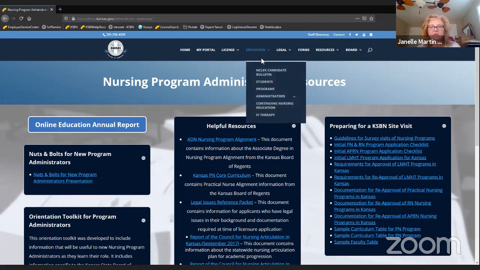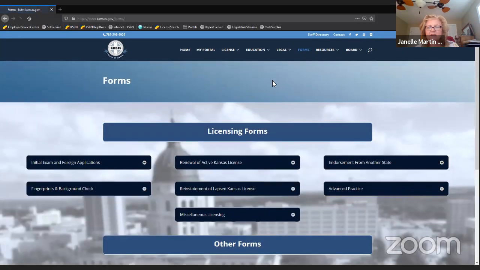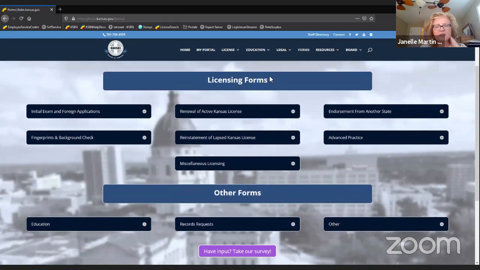So I think those are the two main pieces. Maybe one other thing, Colton, if you could go to forms. Sometimes there are questions about where to find things that we might need for downloading. For your students, all the things on fingerprints and background checks are there.